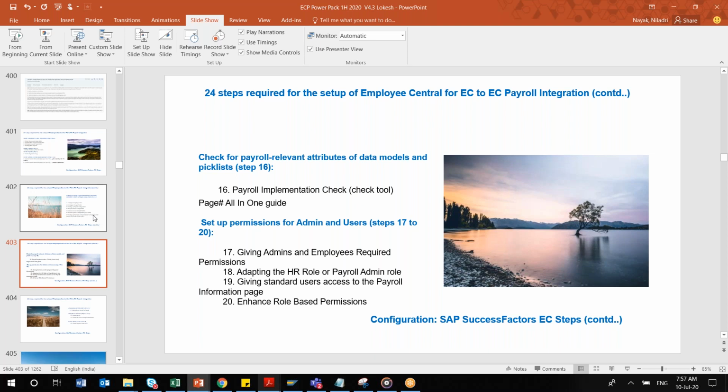SAP was able to check all those pre-configurations. So what kind of configuration? If you go inside the check tool, there are specific components. Suppose I'm talking about the payroll unified configuration or payroll component. It will not check each and everything, but there are certain points. In the component it will check whether your integration is active or not, if you're doing a check for your EC payroll side. It will check certain configurations, but it will not validate inside the configuration what you have done, whether the connection is established or not.